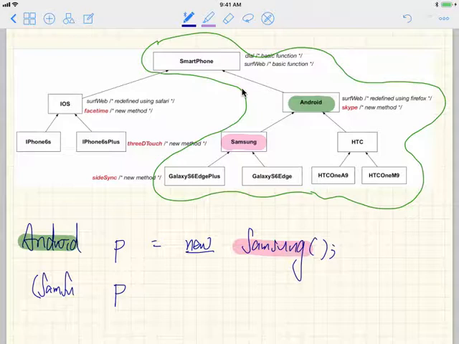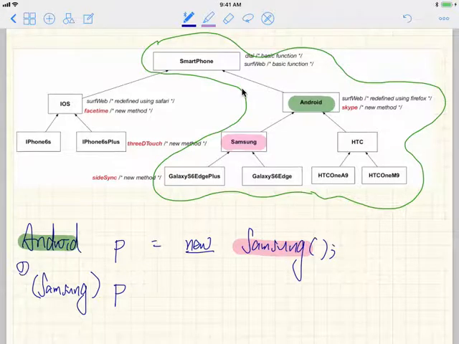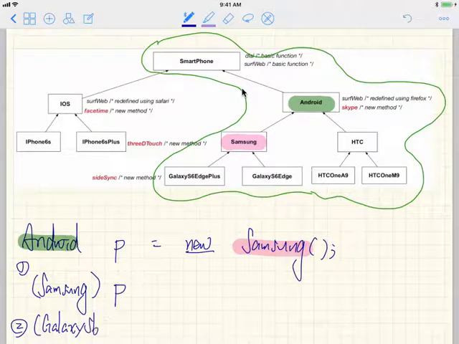Okay, this is cast number one. What about cast number 2? That's a downcast apparently, right? So let's say I'm also trying to cast into Galaxy S6 H plus, and then cast P to that, okay? First of all, let's convince ourselves, number 1 and number 2, they both compile,